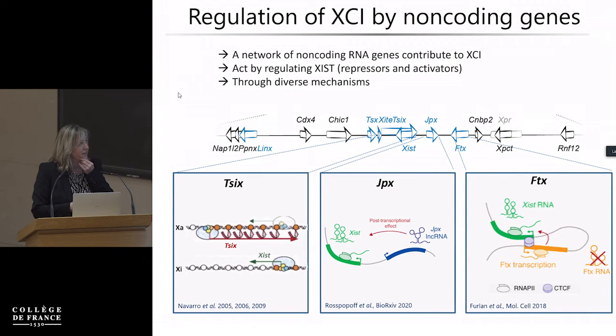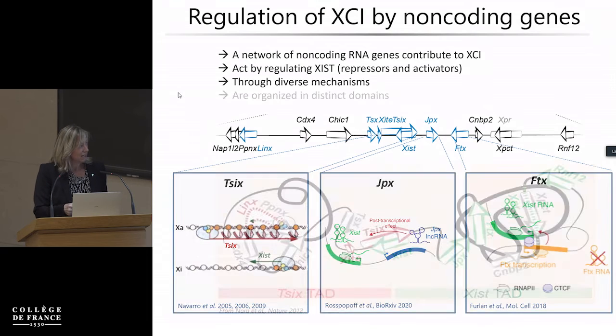So to summarize this part, what we know now is that there's really a network of non-coding RNA genes that contribute to X chromosome inactivation, and they have an interesting evolutionary history, which I will not go into today. And so they act by regulating GXIST, and some are rather repressors of GXIST, and some are activators, and they act through diverse mechanisms. And as you might see, in this part you have repressors, in this part you have activators, so that these long non-coding RNA genes are also segregated based on their function,